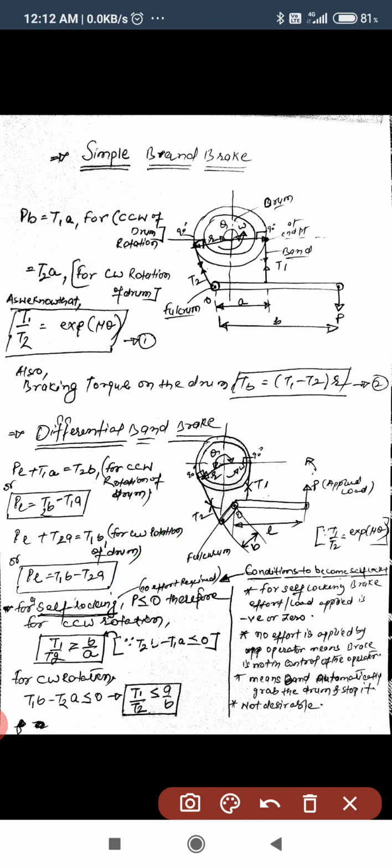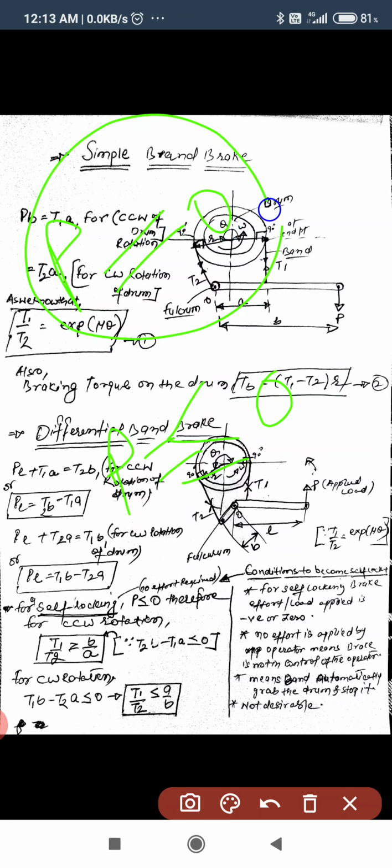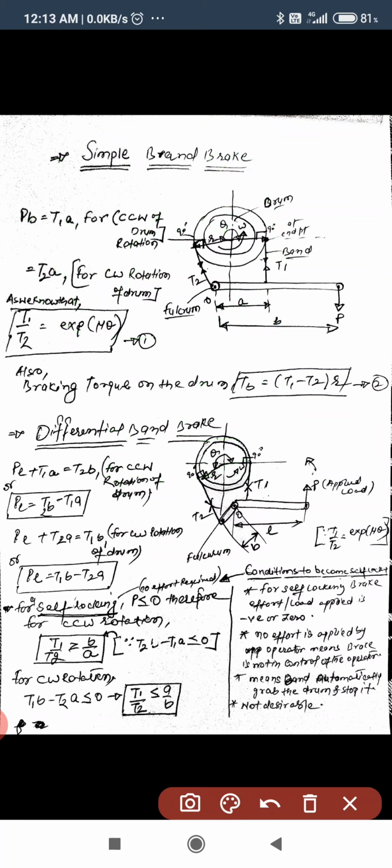Now I just want to discuss the self-locking case. For the self-locking brake, the applied force P has a value less than or equal to 0. P should be negative, that is the effort is negative, meaning nothing is applied, or the effort is 0. Also when effort is negative or 0,